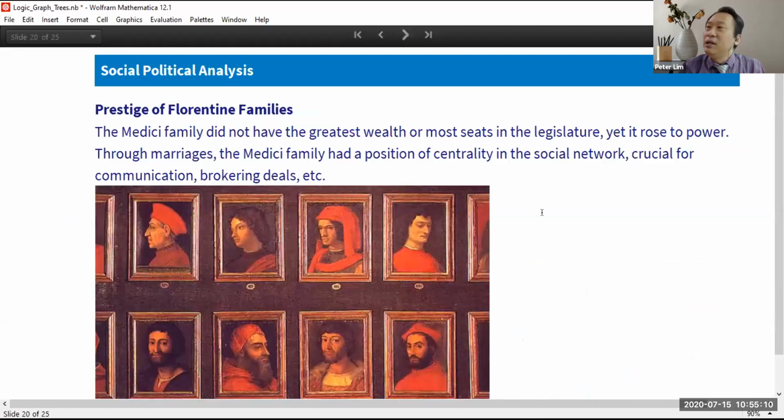Now, these are social political analyses about foreign child families in old Europe. This one is a classical textbook analysis of how social political influence passes from one person to another, from this classical example of the Medici family. So I will not explain here, but you download this file. When you download this presentation file, you only have to click here. It points you to the whole explanation we have prepared for you to show how you do social political analysis